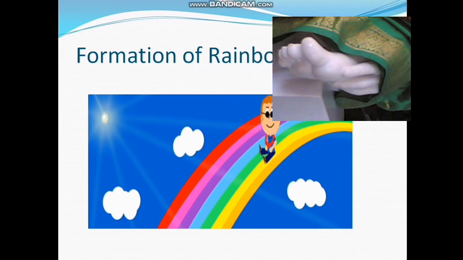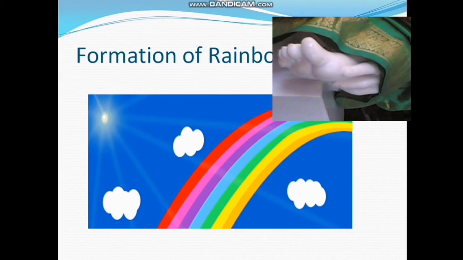These water droplets act like small prisms in nature. The sunlight enters the water droplet. At the point of incidence, it refracts and disperses, then gets reflected internally, and finally gets refracted again at the point of emergence as it comes out of the raindrop. So the sunlight undergoes refraction, dispersion and internal reflection. The different colors of light rays reach the observer's eye, each taking a different path, and become distinct. It creates the rainbow in the sky. So we can say a rainbow is an example of dispersion of sunlight.